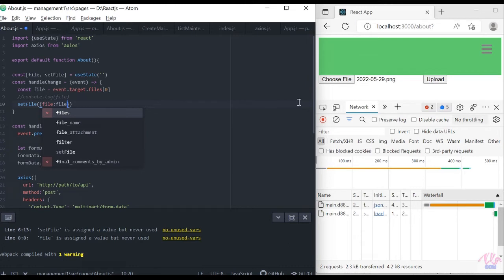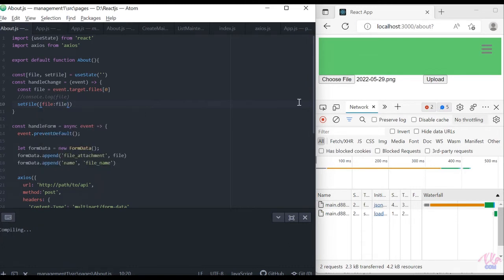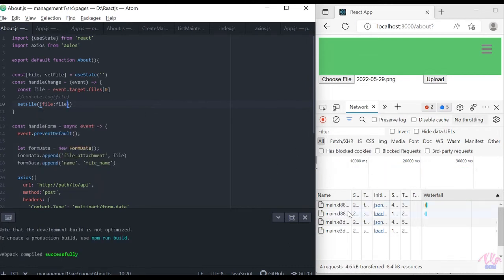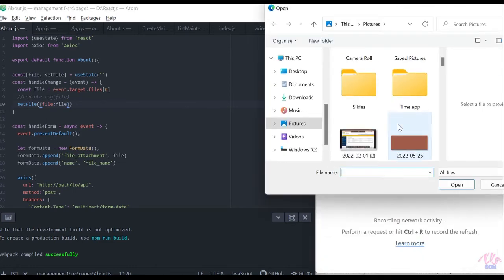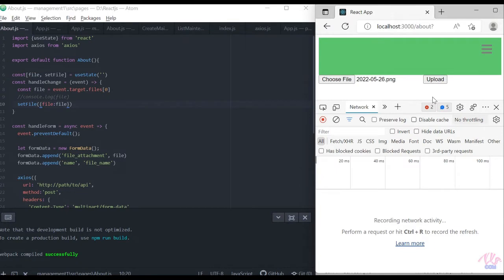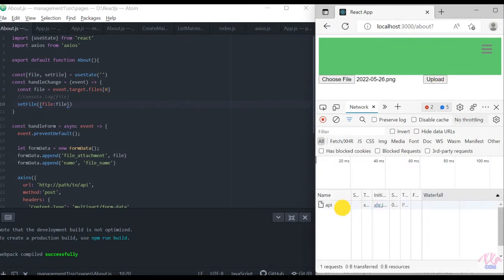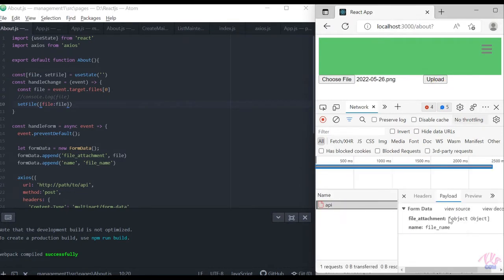This issue has been found a lot, and there are a lot of online questions regarding it. You can see in the API the data is still in the form of objects, but the actual data is not present to send to the API. We need to write it in a different way.